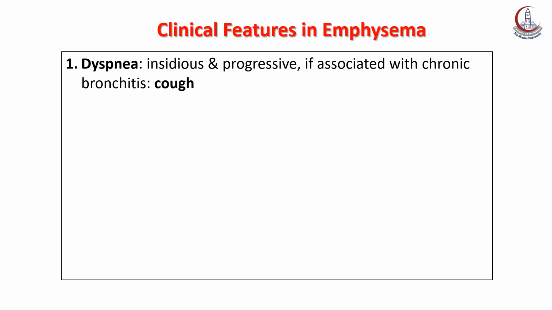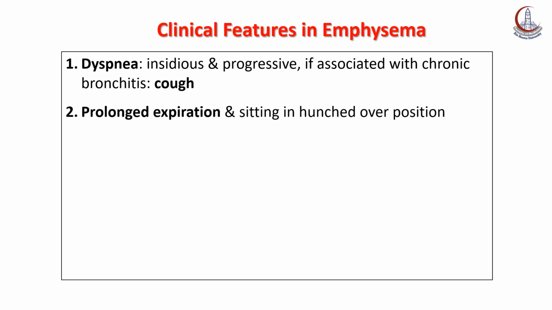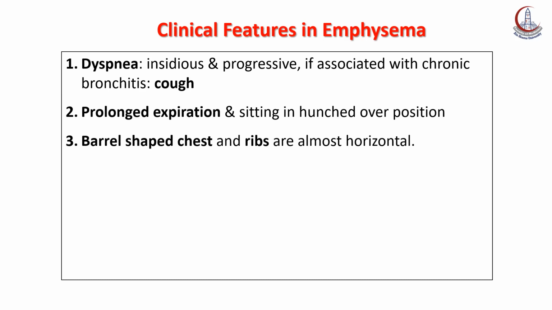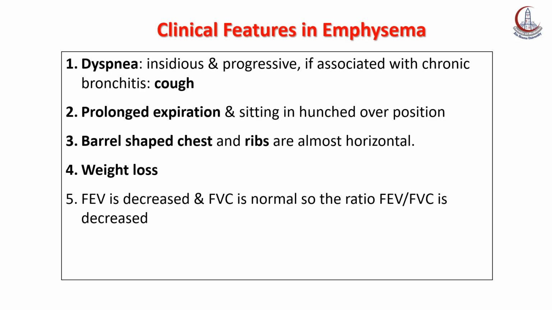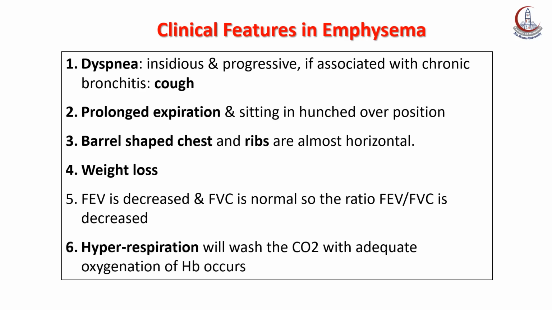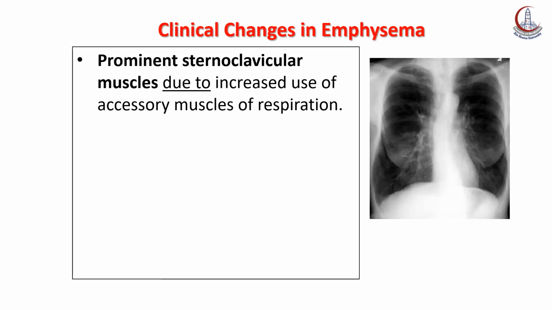The clinical picture of emphysema: the patient complains of dyspnea, prolonged expiration, a barrel-shaped chest, with the ribs almost horizontal in shape, weight loss, and hyperventilation. Prominent sternocleidomastoid muscles are seen due to increased use of accessory muscles of respiration. The shoulders are held high. The heart